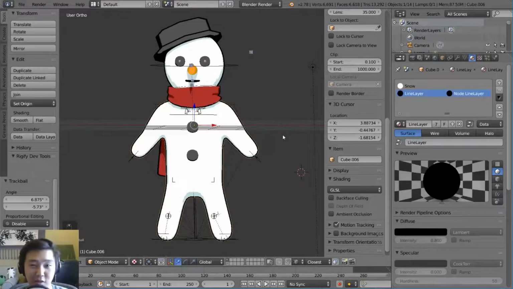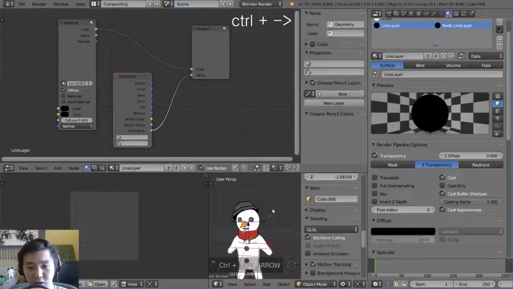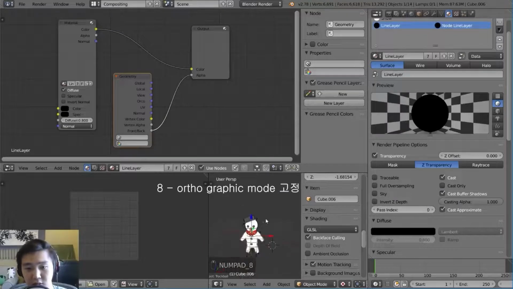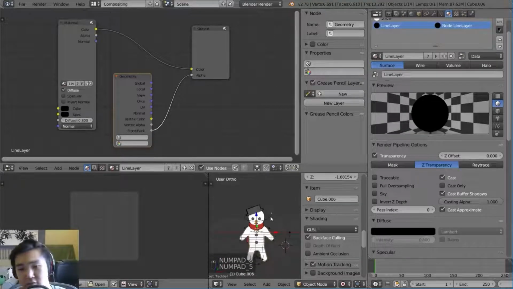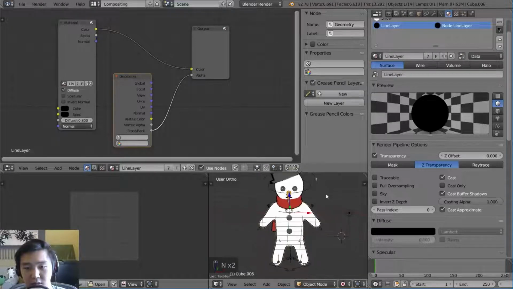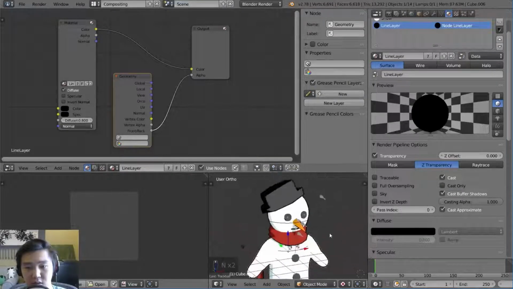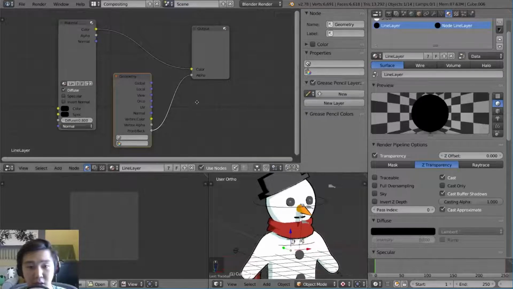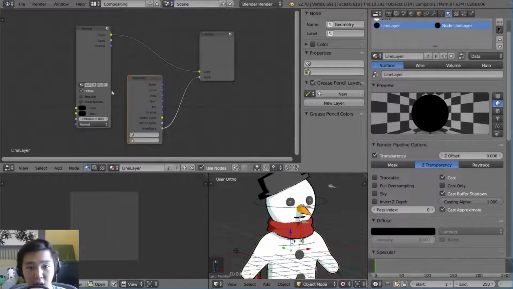You might have already guessed how to do this. It's pretty easy. It's all in the node editor. So let's go ahead and bring it over to control left. We'll bring it over to the materials node. I'm going to press numpad 5 to bring that into orthographic mode. And I'm going to collapse this just so we can get a little bit more space to see our viewport. But over here we have our editor.